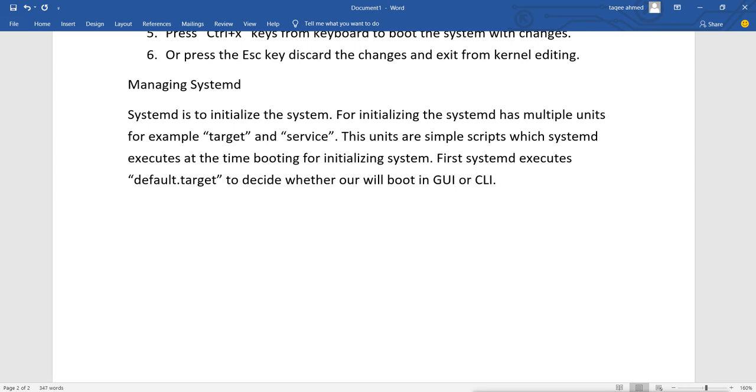So it first runs default.target and it will decide whether our system will boot in GUI or CLI.